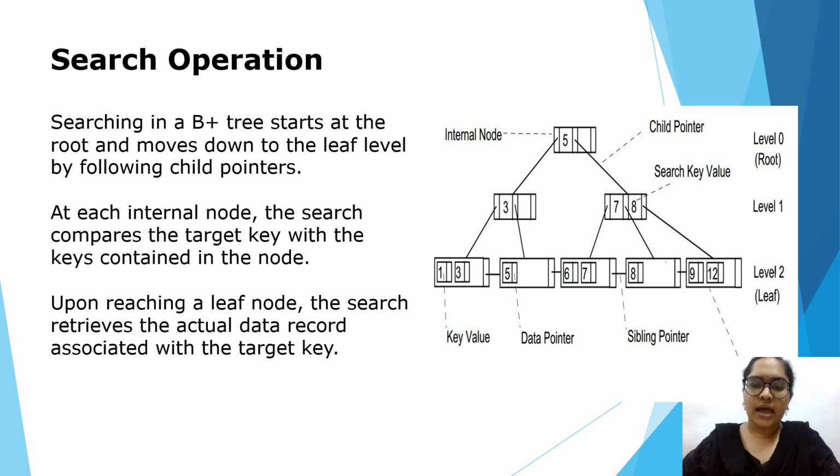At the last leaf node we will see that 1 is present, so it represents that 1 is found in the B+tree. Likewise, the search operation is performed in B+trees. And next,